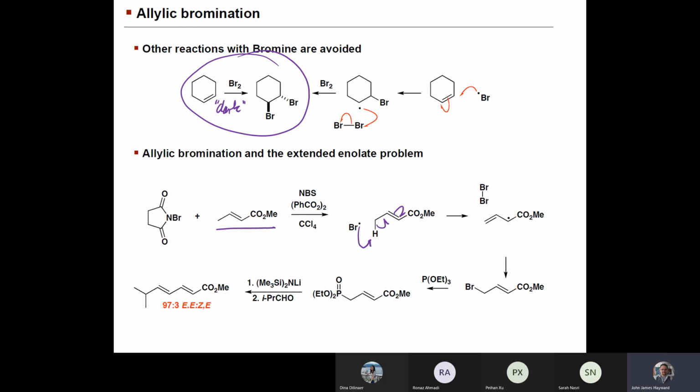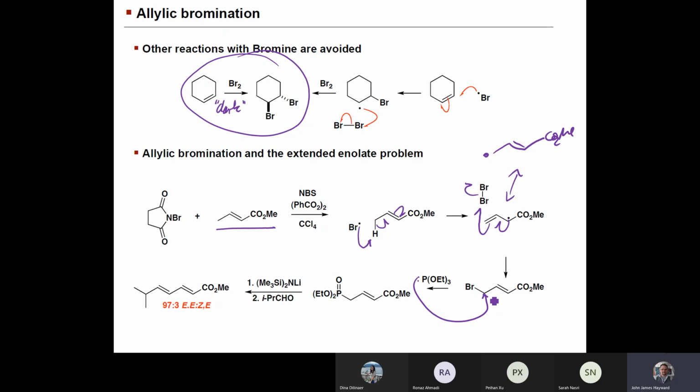Now remember, this is just a resonance form of this. So it really doesn't matter which one you draw as long as you remember which one reacts. And then it reacts in the terminal position because, again, bond strength is important and you're going to get a more stable product at the gamma position. We can then follow up the allylic bromination